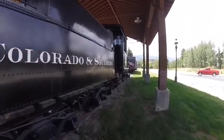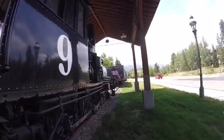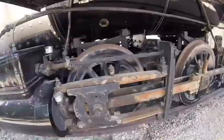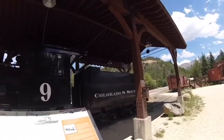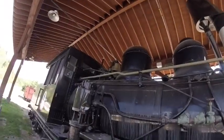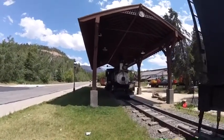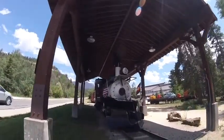It sat on display, and then in 1981 it was leased again to the railroad until the lease ended in 1986. Then in 1988 the locomotive was purchased by the Colorado Railroad Historical Society, and was moved to the Georgetown Loop Railroad and stored on a siding, and then moved to Silver Plume Station in Silver Plume, Colorado,